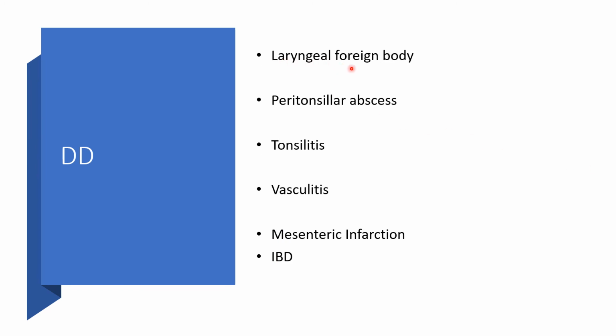Could be laryngeal foreign body, because the fact that that part of the body is swollen and is compressing the trachea and esophagus doesn't mean it's angioedema alone. It could be a foreign body present there. Might be peritonsillar abscess, could be tonsillitis, could be vasculitis. When the abdominal problem becomes the main focus, might be mesenteric infarction, might be inflammatory bowel disease. Okay,